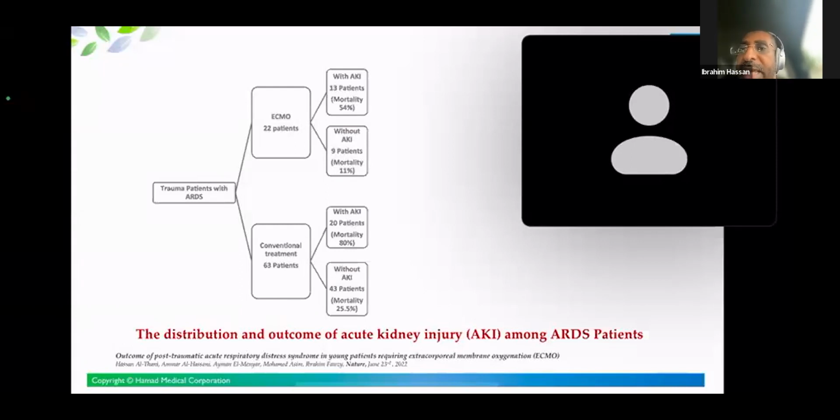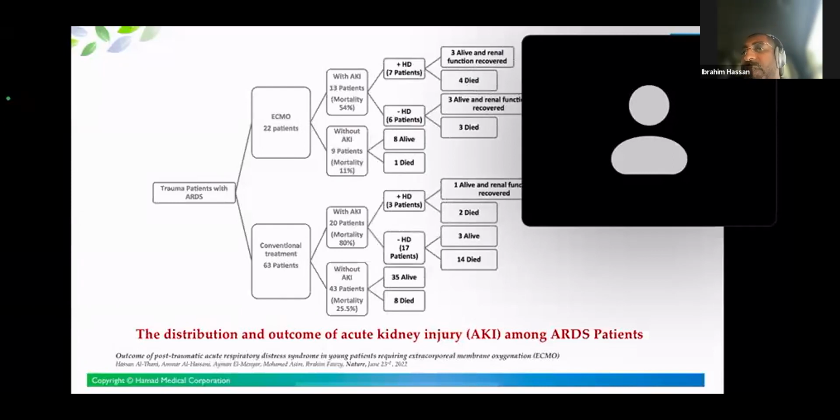And even in the non-ECMO group, look at the mortality with AKI, 80% versus 25%. Both are still high, but it is a significant delineation. And this just gives you the number who survived, who died, and who had a complete recovery of the kidney. So acute kidney injury in the setting of traumatic ARDS, I think it's probably a factor that needs to be considered carefully. And brain edema, obviously, finding the right prognosis for the brain, I think is very, very